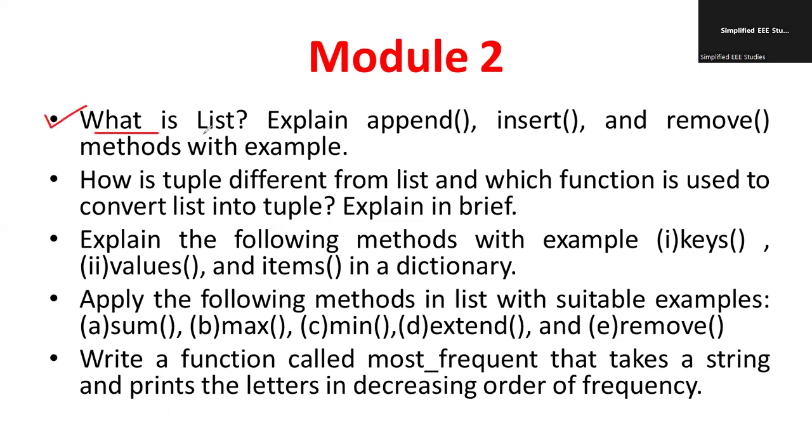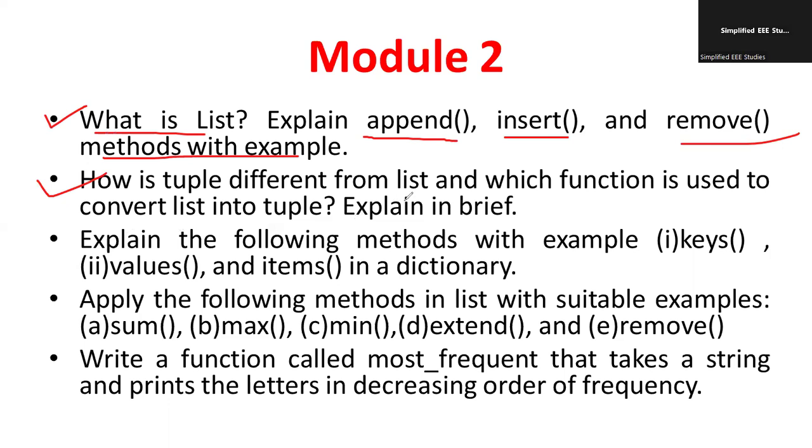First question is, what do you mean by list? Explain the different list methods such as append, insert, remove with a suitable example, which carries 10 marks. So the marks distribution will be 2 plus 8. Okay, 2 plus 8. Then how is tuple different from list, which is the function used to convert list into